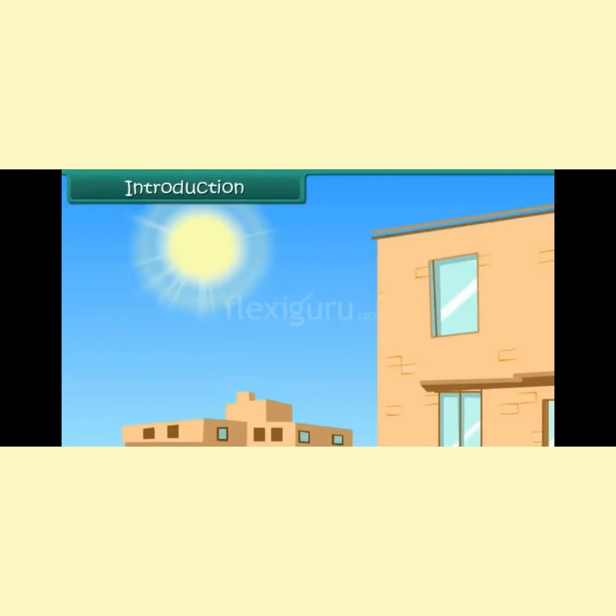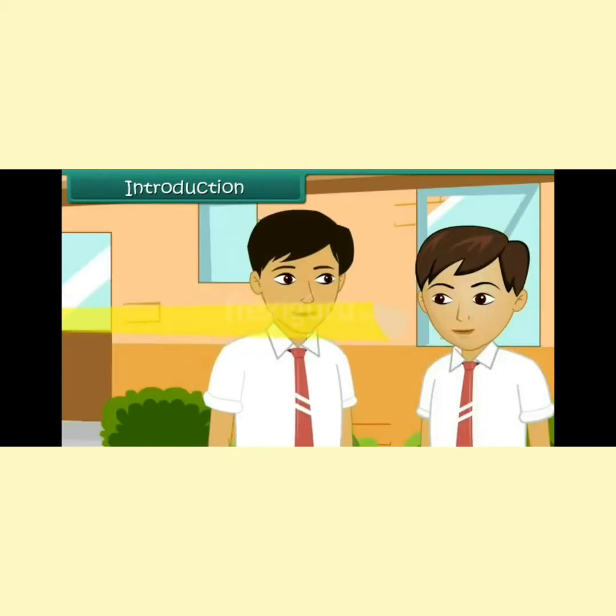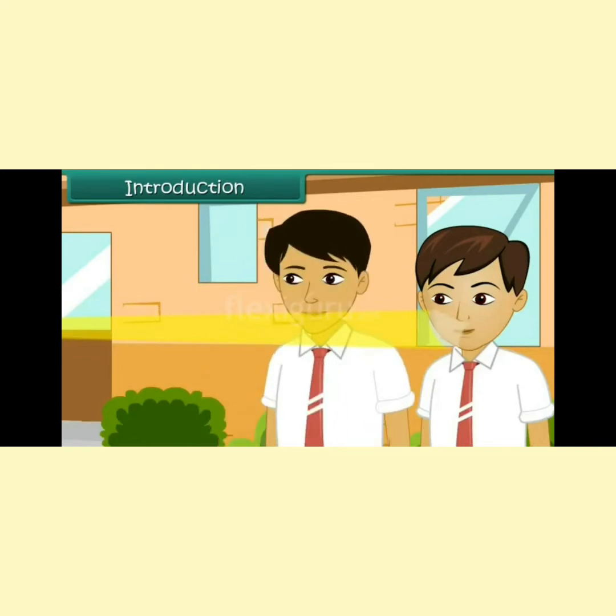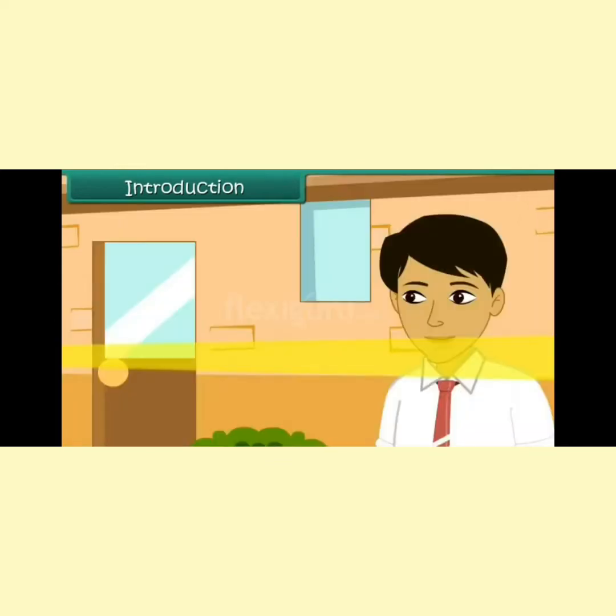Introduction. It is recess time in the school, and you and your friends are outside. Suddenly, a bright light hits your eyes. You and your friends move to different locations. This time, the bright light hits your friend. The bright light seems to be following you. Okay, so you are confused now, and you look around.